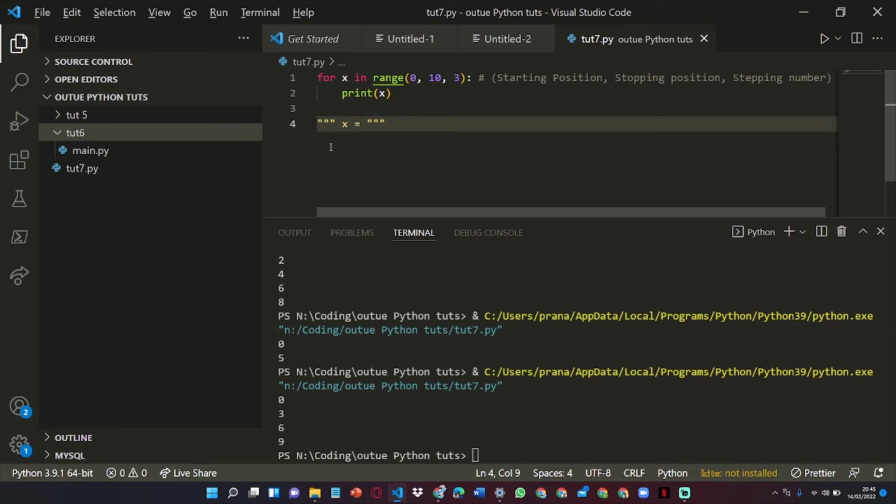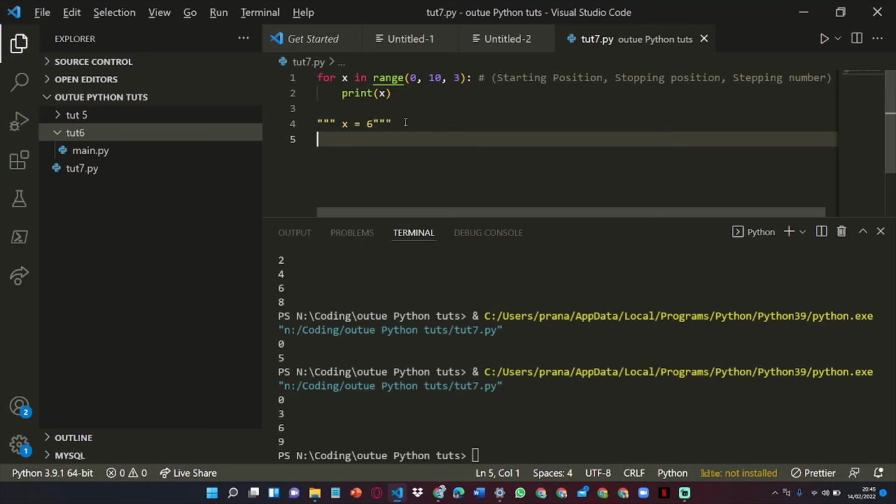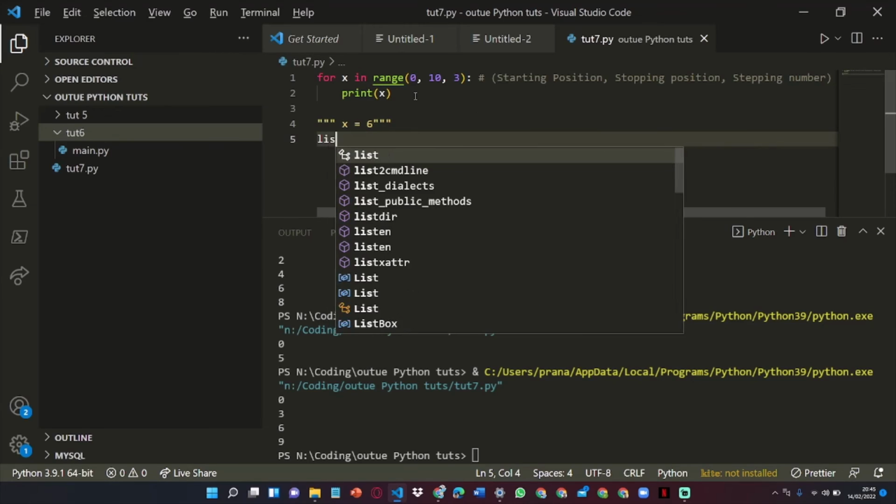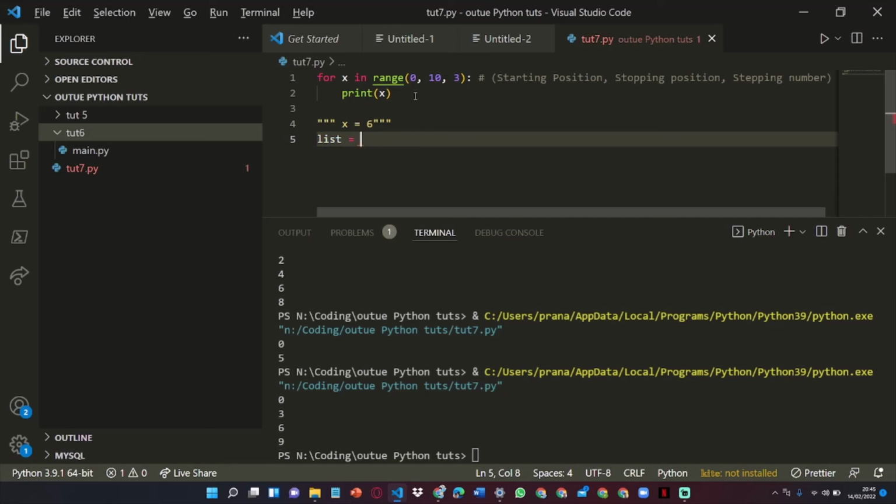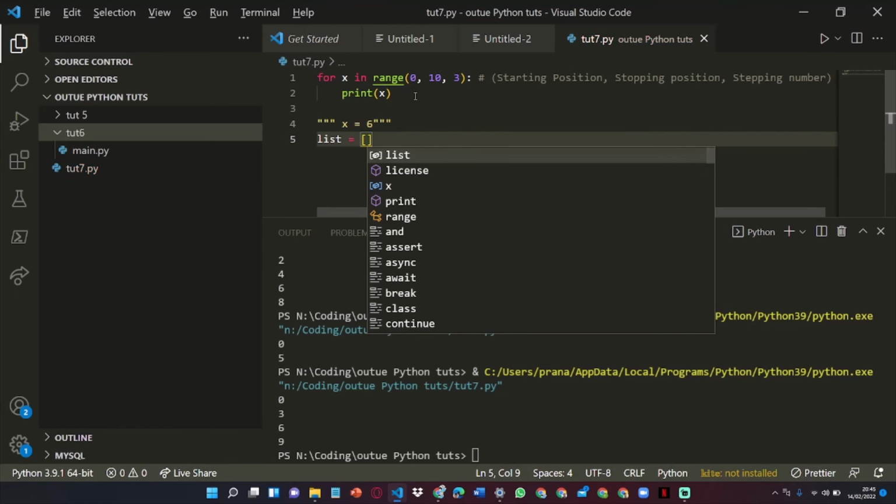And so here I'm going to say x is equal to let's say 6, okay? 6. And then here if I wanted to run this, I could put an advanced function such as random and make it choose from a list such as this,